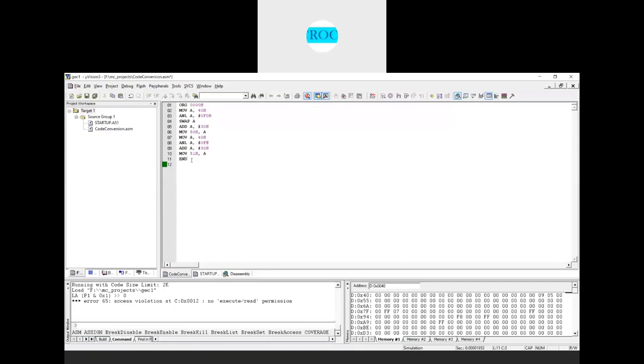And if you want this to execute continuously, what you can do, SJMP again to where I'm picking the packed BCD number.